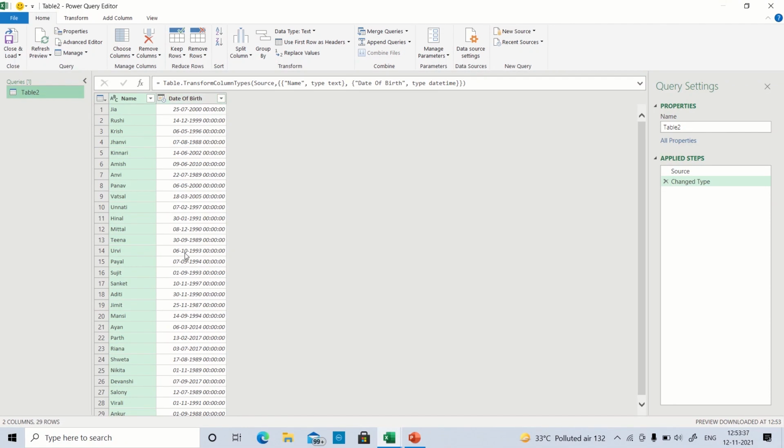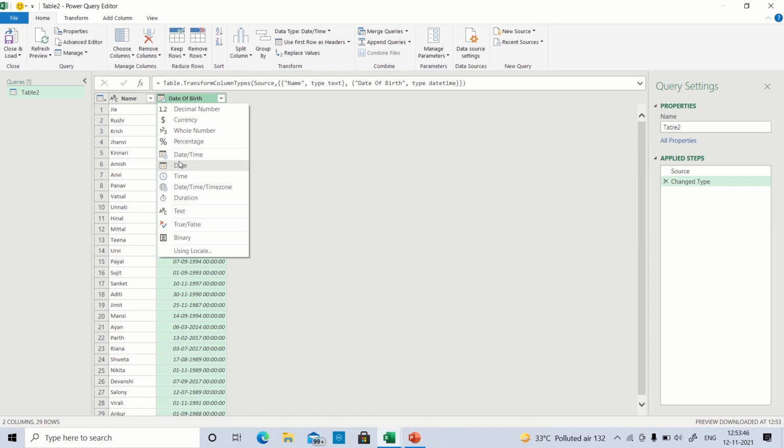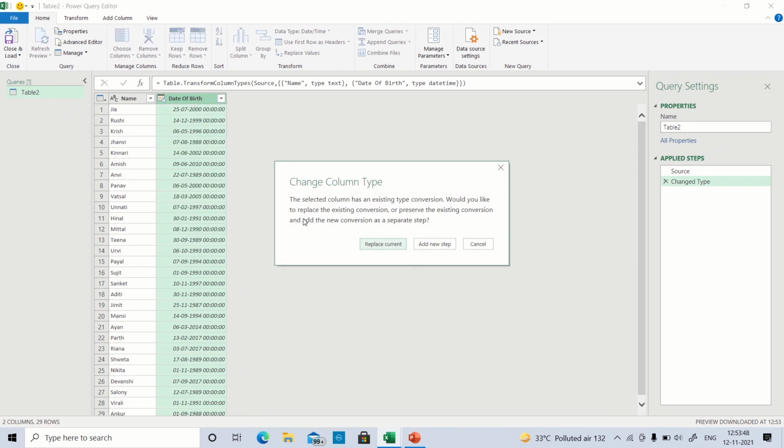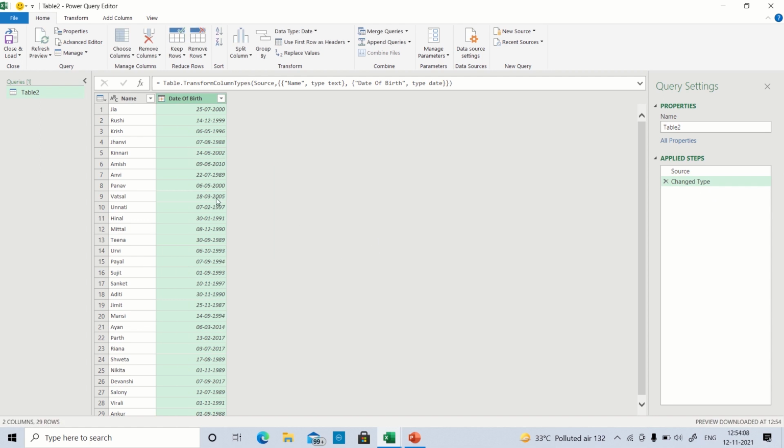But to calculate age, I need to convert this data type from date and time to only date. So how to do that? You have to click on this icon and select Date from here. Now Power Query editor will ask you, do you want to replace the current step? As I said, Power Query automatically gives the data type to your data. So do you want to replace that current step or you want to add a new step? So I'll just say I want to replace the current step, and your column will be converted into a date